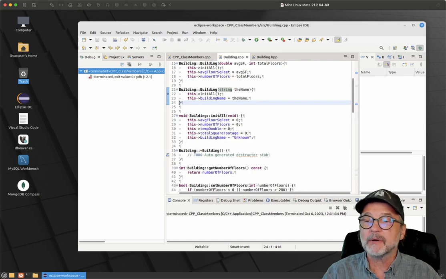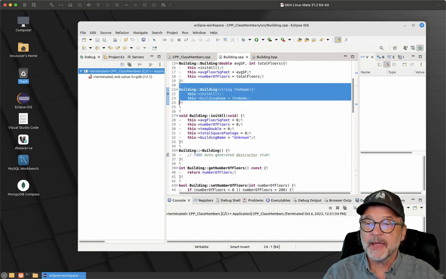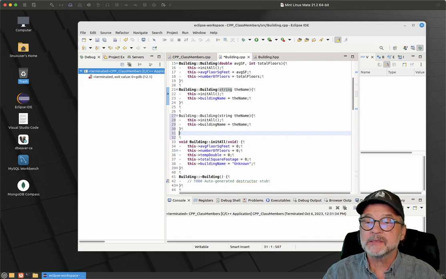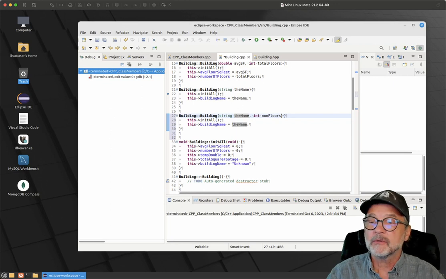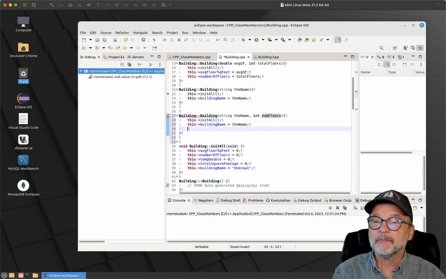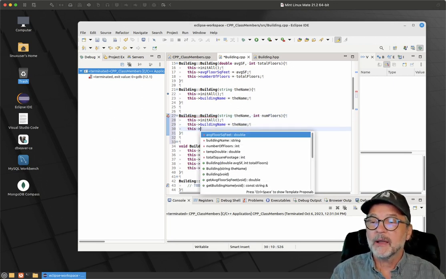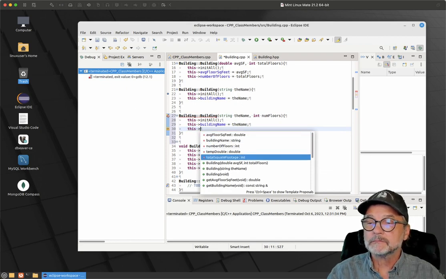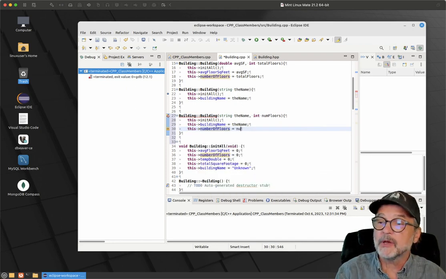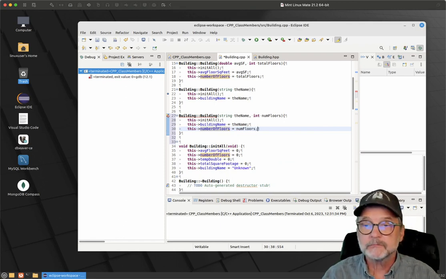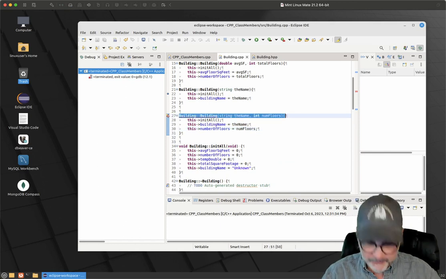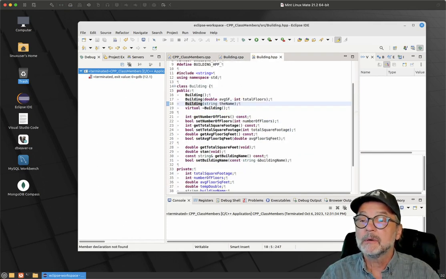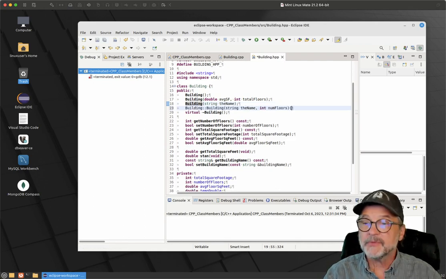I can go in and say, okay, I would like to do one that has the string as well as the number of floors. So I'm going to say int num floors, init_all, set the name, this dot number of floors equals num floors. And again, this hasn't been defined yet in the HPP file, so we're going to have to go into the HPP file and put that in there without the building ::